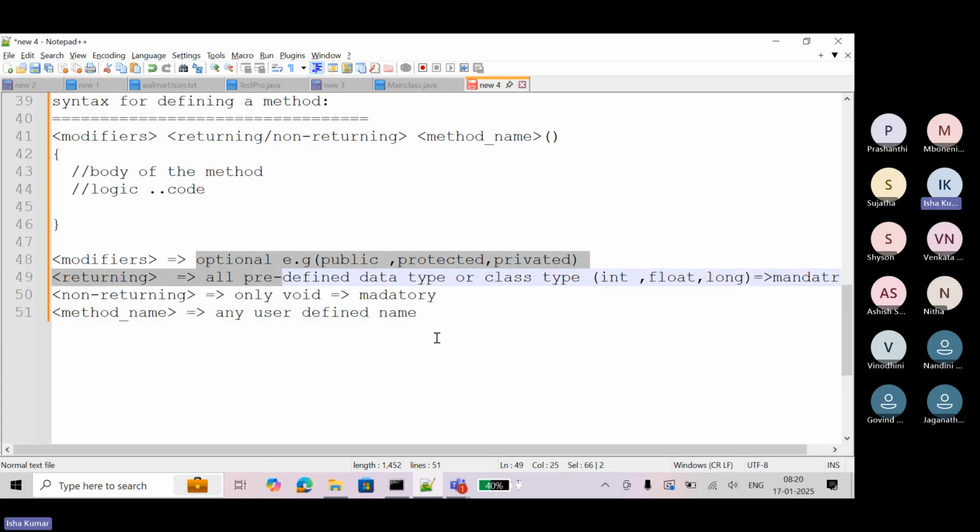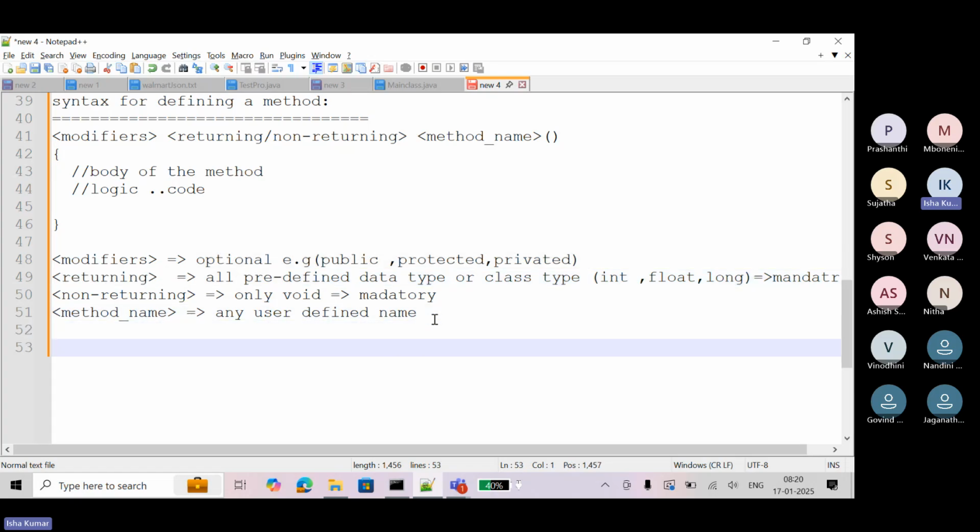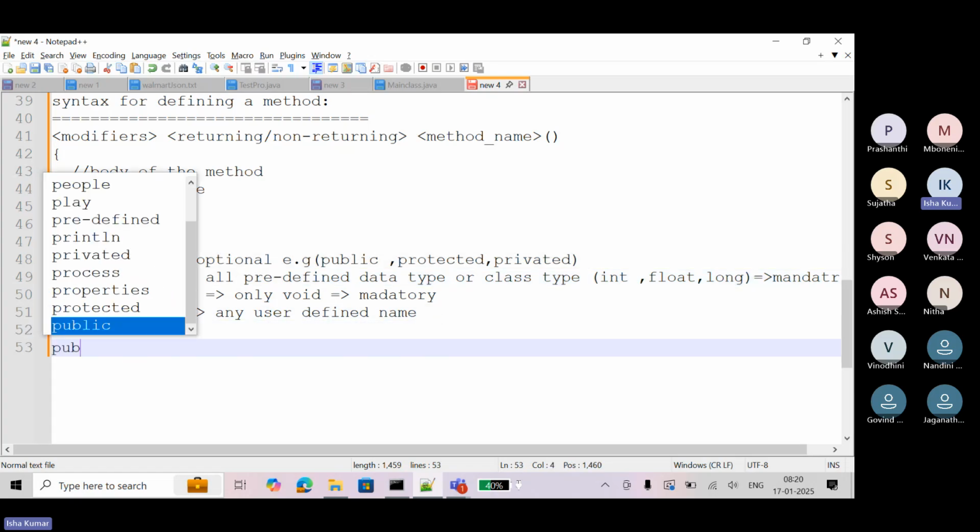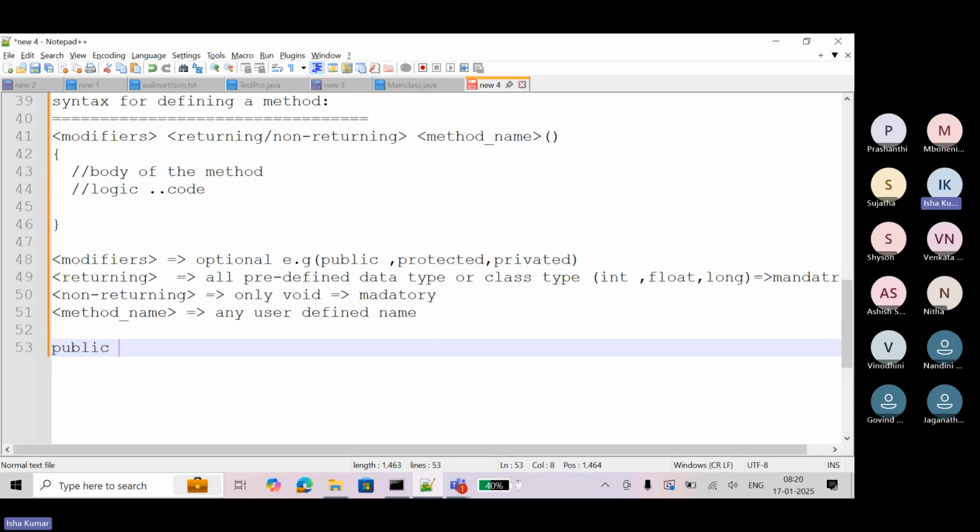So let's say I am first going to teach you non-returning method. Modifiers, if you want to write. But because I didn't teach you, you should not write. But I am writing with modifiers now just to show you. And here, non-returning type, what can we use?